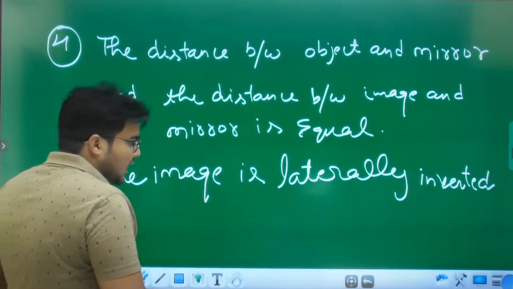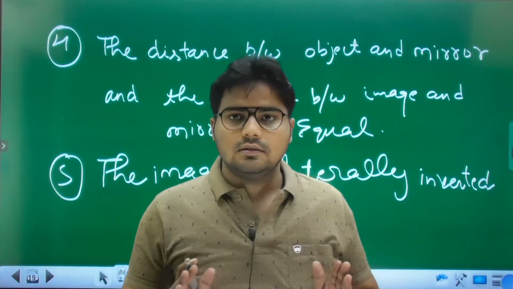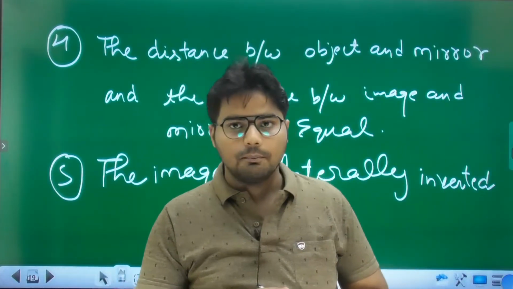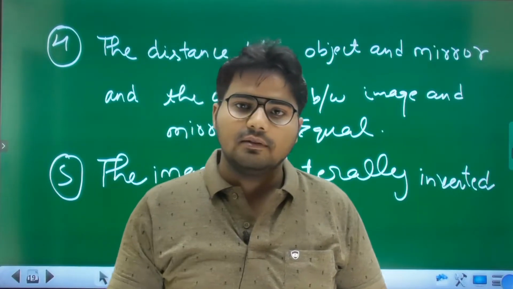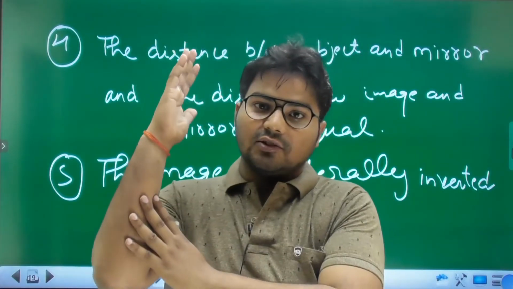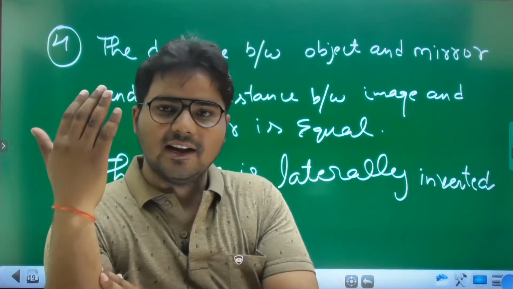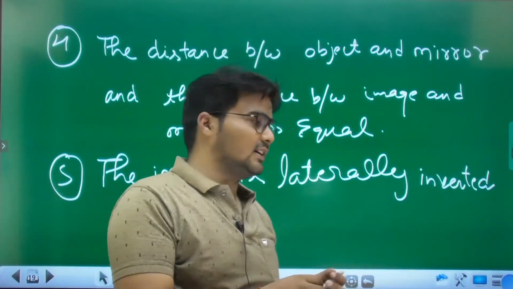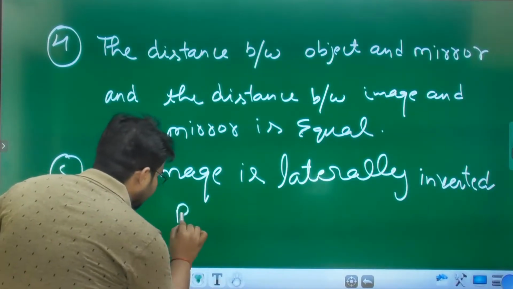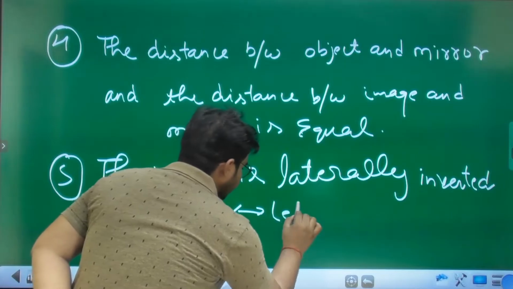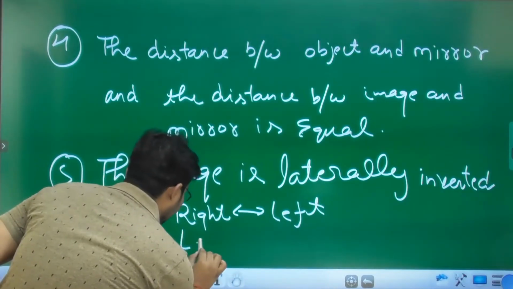Suppose I am standing in front of the plane mirror. Clear? If my right is on this side, when you see in the mirror, the right of the image is on the left side, so right becomes left and left becomes